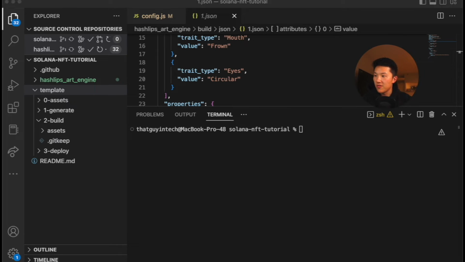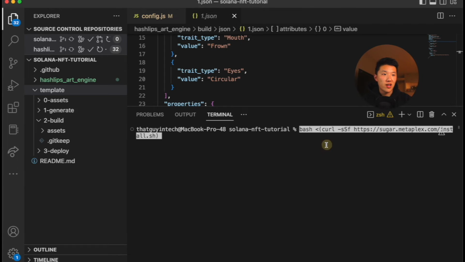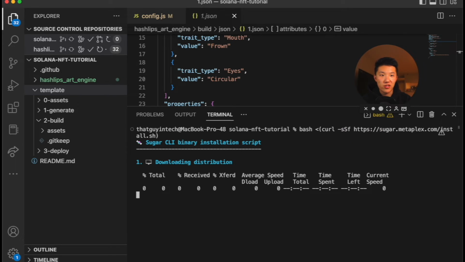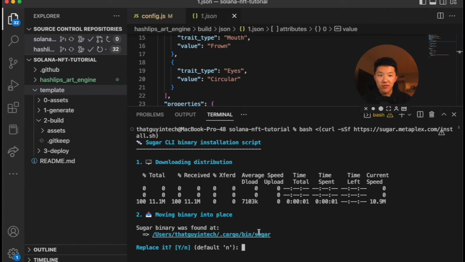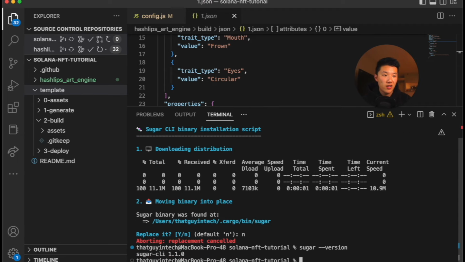to download Sugar if you don't already have it. So here's that command. It's in the documentation once again. So go to docs.alchemy.com and find this tutorial. This is the bash command. We're going to install that. It'll download, but for me, I do not want to replace the binary I already have since I've already installed it. So I'm going to reject that. I'm going to confirm that I have the right Sugar version. So as long as you're above 1.1.0, which is what I have at the time of this making, you should